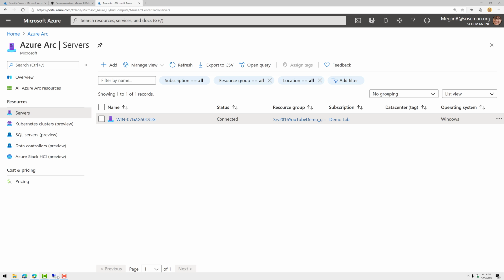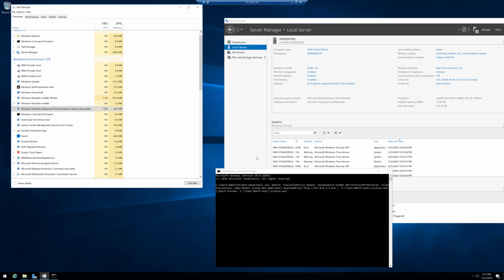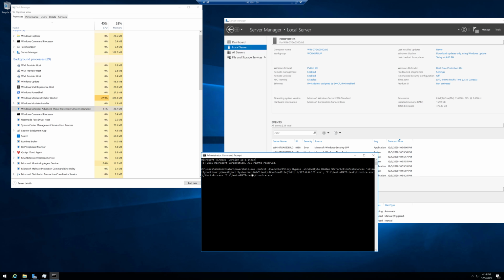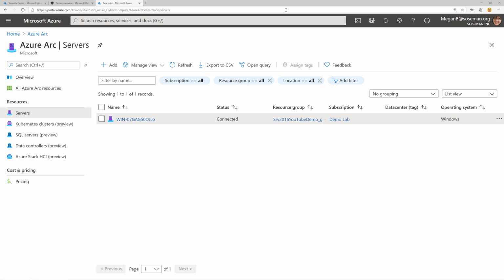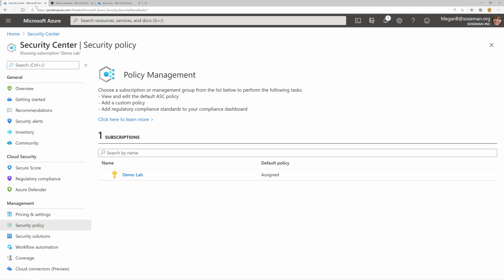So let's take a look at that server. Here it is. This is my server that's on premises. And you can see that on the processes, Windows Defender Advanced Threat Protection Service Executable is running. And I already ran the detection test here. Now, it took about an hour or so once I added it to Azure Arc to also get added to